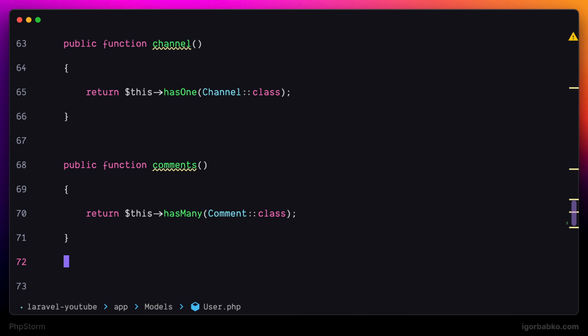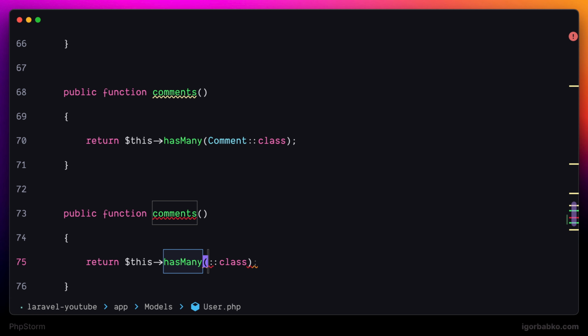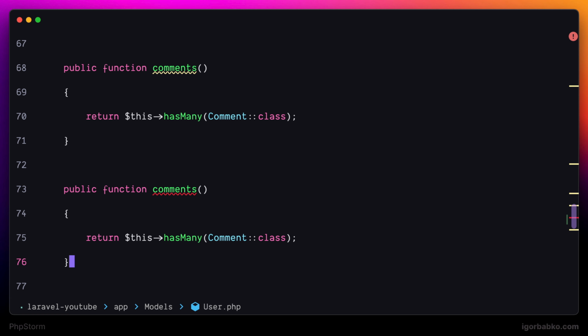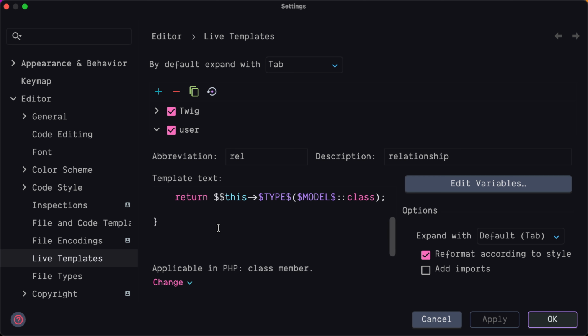Let's write rel, press tab to expand this template, and then fill in method name, its type, which by the way we don't have to change if we're okay to use default value, which is has many, and last dynamic value will be related model name. And just to position our cursor at the very end of this method, right after expanding this live template, I'm gonna switch back to settings and add special variable end right to the very end of this live template. Let's save the changes and try it again and see where our cursor will be positioned at the end of